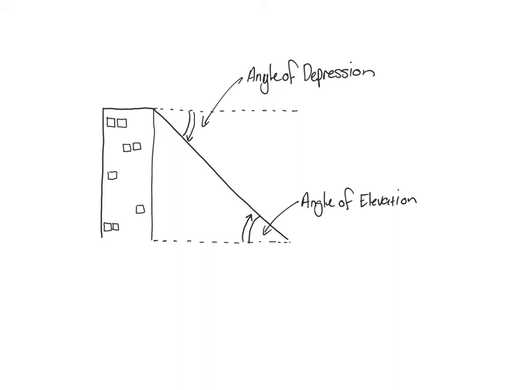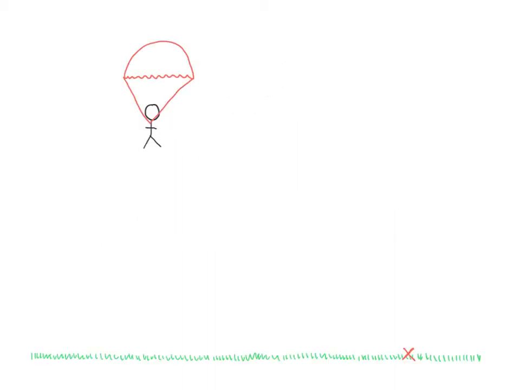So we can use these terms and these types of diagrams to help us solve a series of different problems. Let's just have a look at a couple of different situations where there are angles of depression and elevation before we start tackling these. So here we have a skydiver that's mid-air, and then down at the bottom on the ground we have a position, so this is marked with the X, that the skydiver was actually aiming to land. So what we can do is let's go from the dead center of the skydiver, let's draw a diagonal line down to the landing spot,